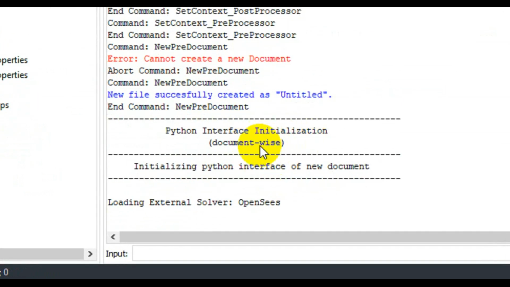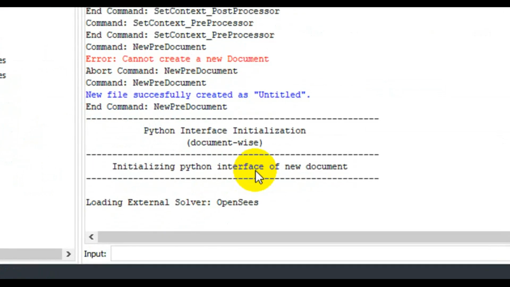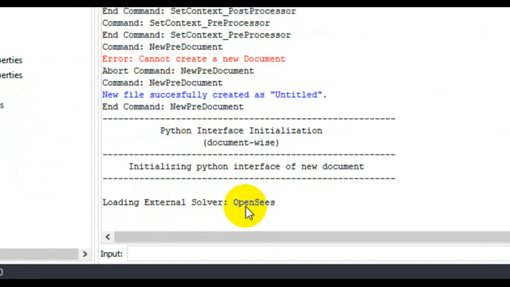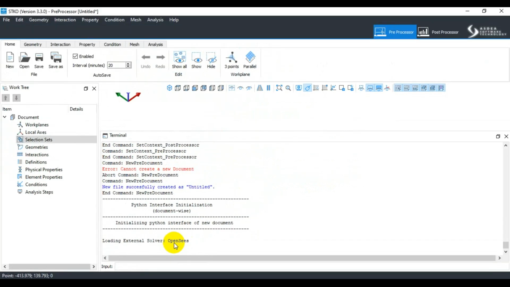After this, a Python interface initialization, which is document-wise, is activated in this environment. When that code is activated, it creates a proforma for the language that we are trying to embed through the STKO front end environment, with the Python interface of the new document in the back end of this coding environment. So it is giving us this initializing Python interface of new document command here, and these lines show that the developer has included these as print commands to make it more sensible. After this, an OpenSees solver is loaded externally, and in the back end, as soon as we save the file and do some pre-processing, we will generate a Tcl environment. And for Tcl, you need to have the Tcl software installed